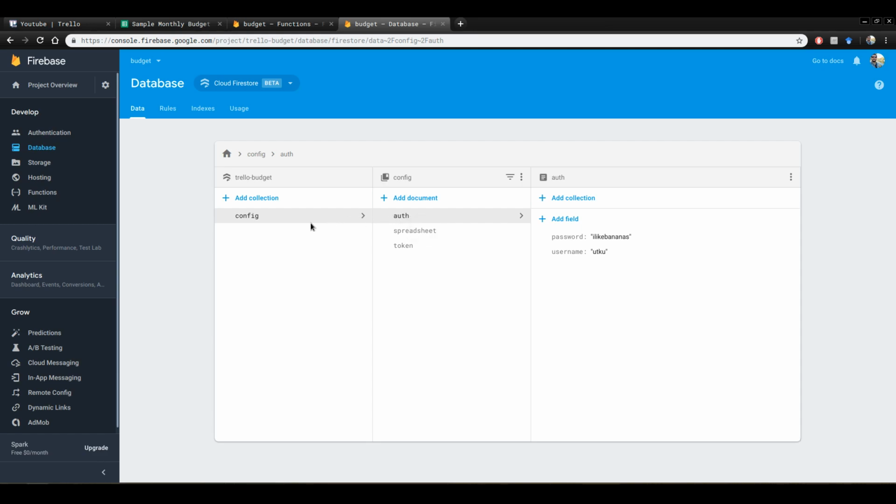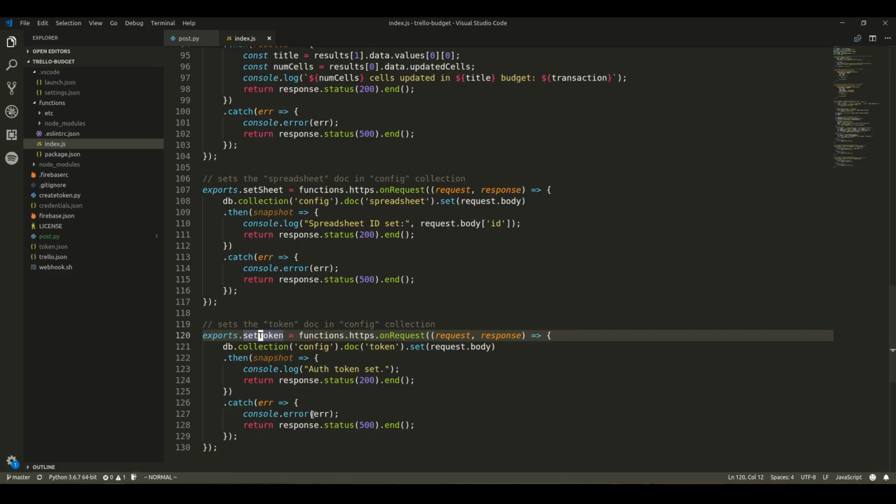So we can for example create a new collection called users, create a document for each user, and inside these users we can set the username and password. But to keep things simple, I'm going to stick to one user. So now that we have a username and a password in our Cloud Firestore, in these functions, setSheet and setToken,